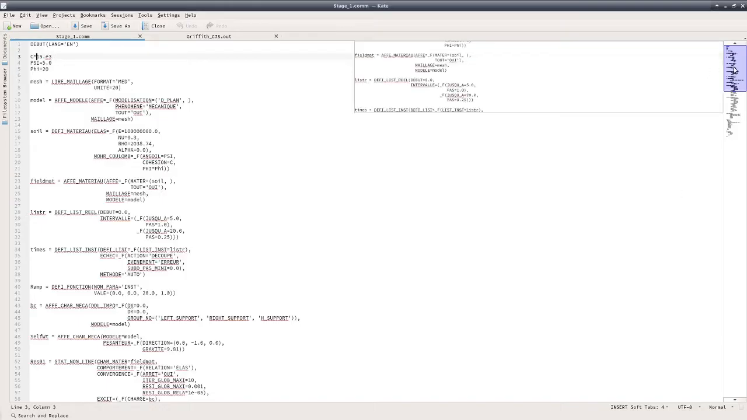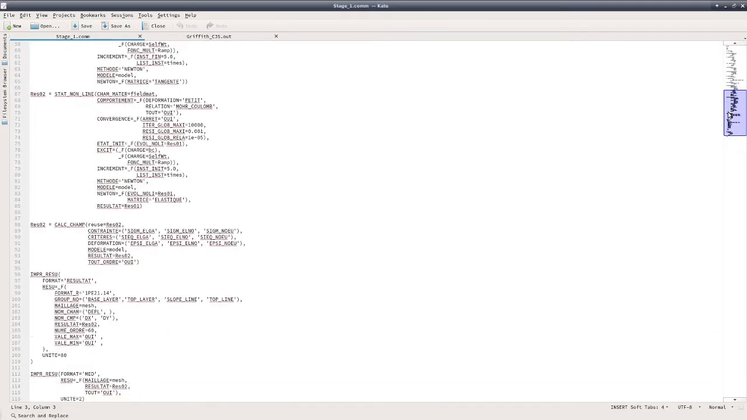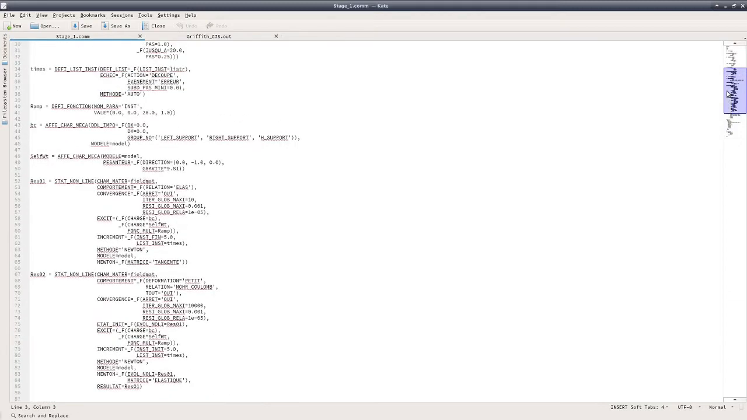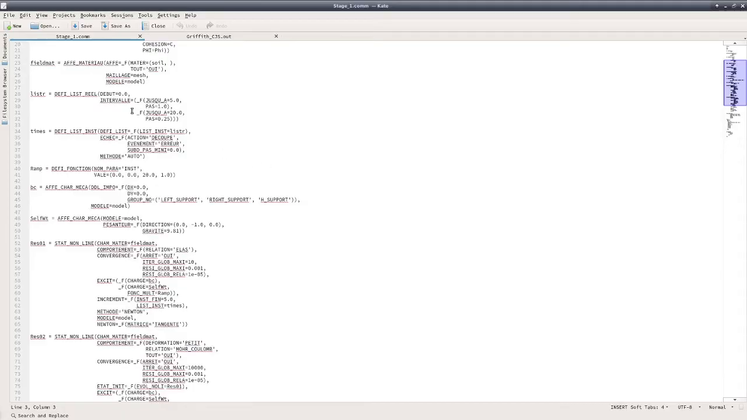So this is a usual COMM file for analyzing the slope for self weight. Because the Mohr-Coulomb material is used, we are using static nonlinear analysis. I have defined some list of times, list of real and list of time as usual. And here in the DEFI_LIST_INST, what we have done is,